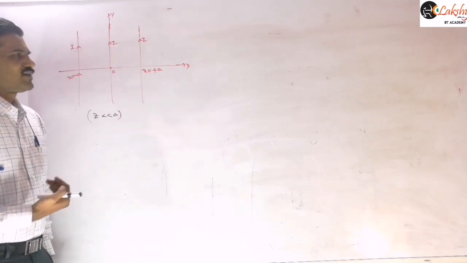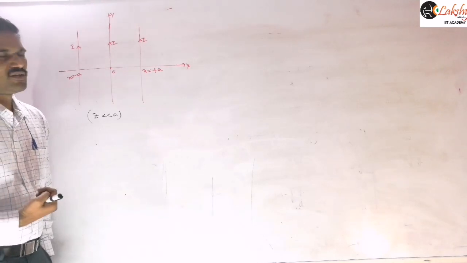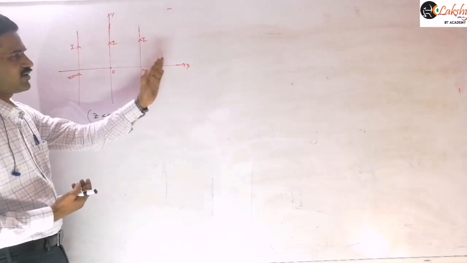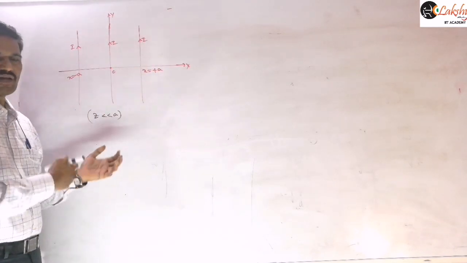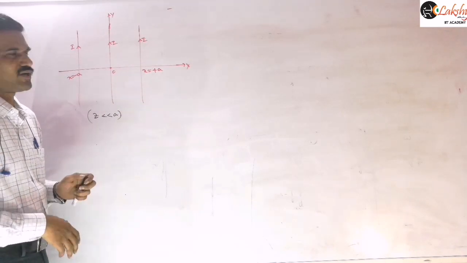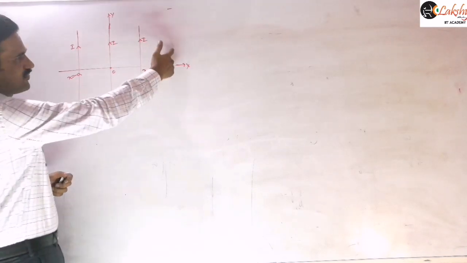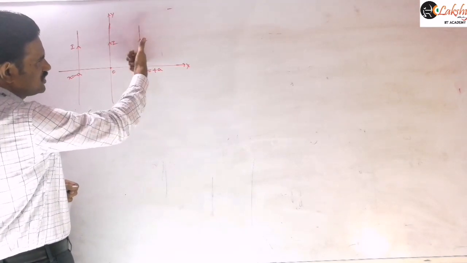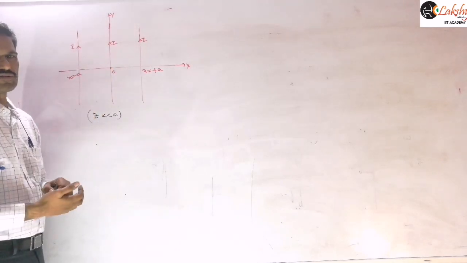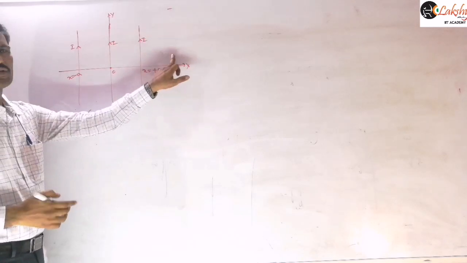And so just you may consider the neutral points, that means the zero magnetic field. If you are taking any point on this side or any point on this side, you can conclude that the magnetic field due to all the wires will be in the same direction, because all the current in each wire is in the same direction. Suppose I consider a point here, the magnetic field due to this will be inwards, due to this will be inwards, and due to this also inwards. So there is no chance of getting the neutral point here, right?